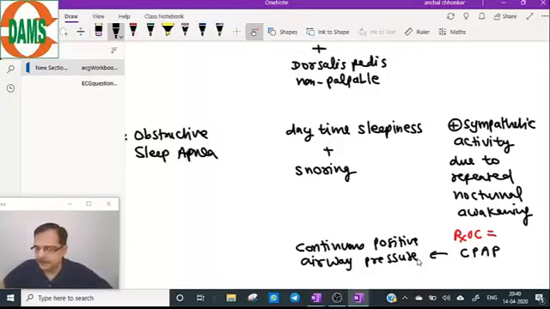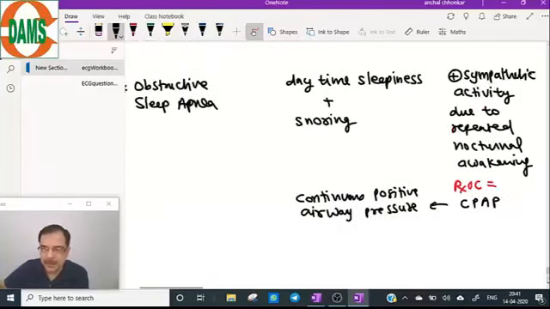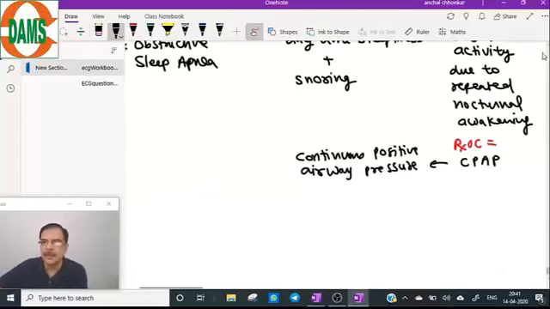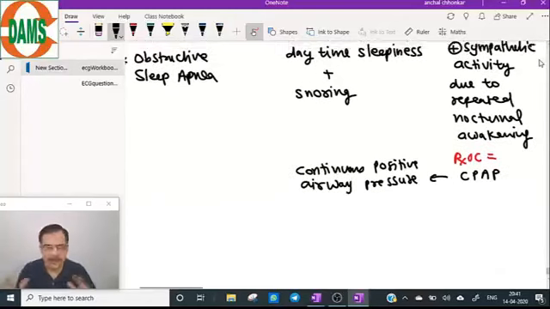CPAP will be given here. Now, number three, miscellaneous causes, and very important for you as a clinician also, because you must have noticed in your relatives or in your household, even with the same dose of antihypertensive, suddenly BP can go up. That is one of the culprits which can increase the blood pressure in a stable patient. Always ask that history, and that history is drugs.